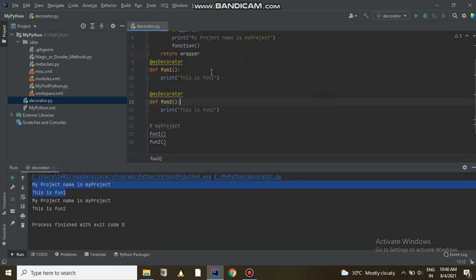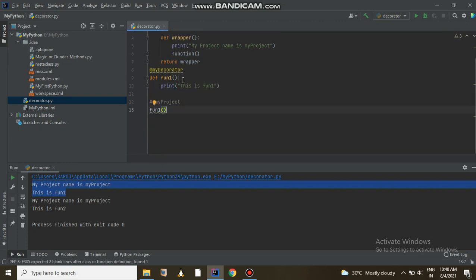Okay, this is all about that. Now there is another issue. Let me remove this one. Suppose this function takes one argument, say name, and inside this you need to add that.